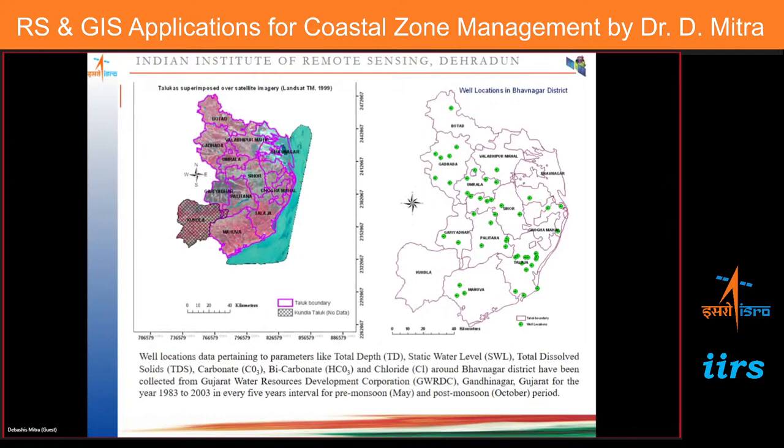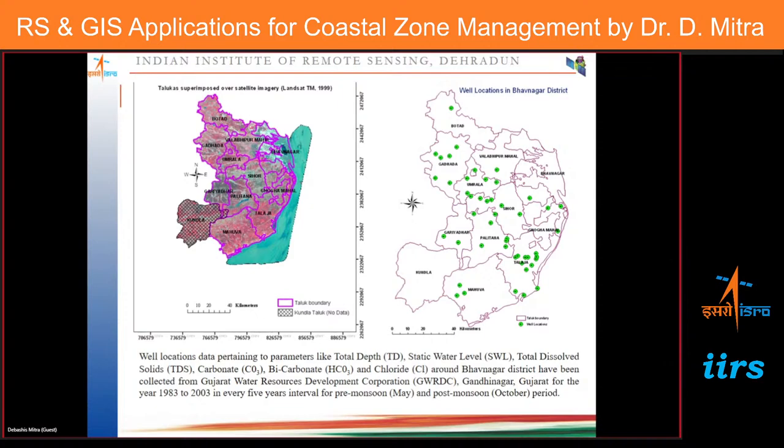So we tried to understand here what is the vulnerability point of view, which will tell you which part of the coast is more vulnerable when saltwater intrusion is concerned. For this, we took this Bhavnagar district, and you can see all the taluks here, and these are the oil locations. So groundwater oil locations in the Bhavnagar district, these points are the oil locations. We collected data pertaining to total depth, static water level, total dissolved solids, carbonate, bicarbonate, chloride,